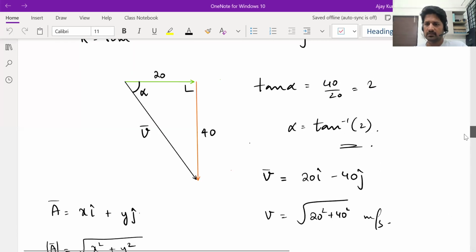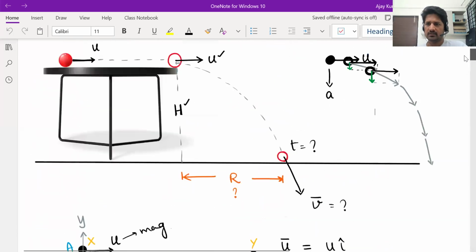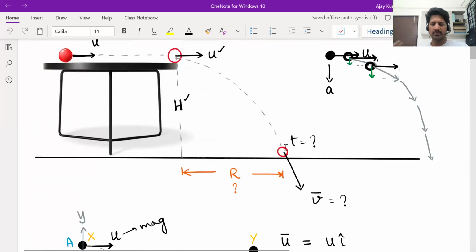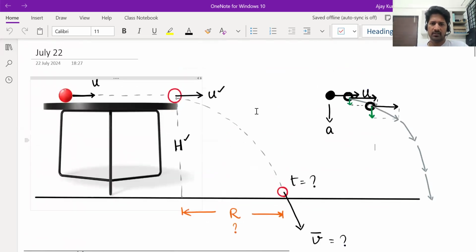Right. So last class we had discussed this case, an object projected horizontally from a certain height. We derived a lot of things about this object. And in the worksheet, I had given you